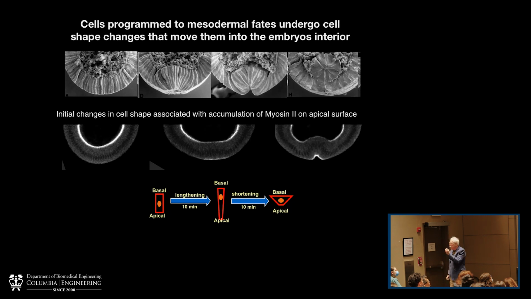And then in a process that we don't understand, after this apical constriction is completed, the cells shorten again. And having constricted apices and constant volume means that the shortening now drives the cell into this trapezoidal or triangular shape, and that produces the torque that drives the cells into the interior. So it's mechanically an easy to understand process. Obviously, there has to be a connection then between this myosin accumulation and the cell fate determination, the decision to be mesoderm.